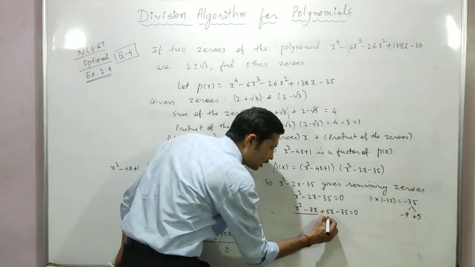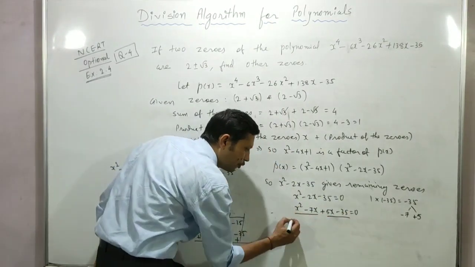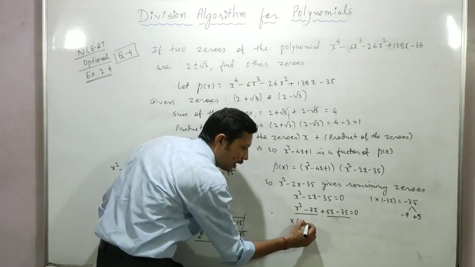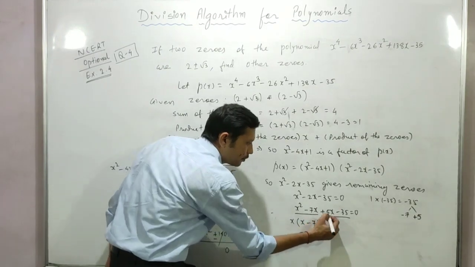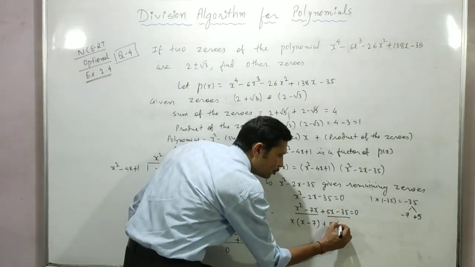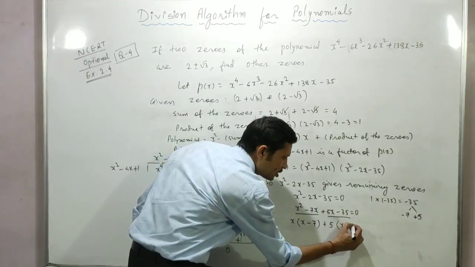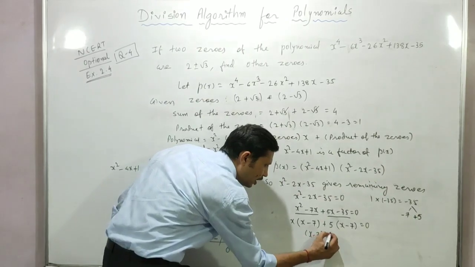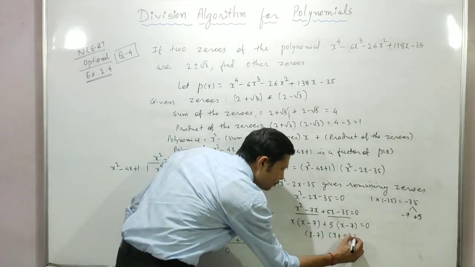Now take these first two terms and these last two terms. From the first two terms, what can we take common? x. So from x square, x is left, and minus 7. From the rest of the two terms, we can take 5 common. So how much is left from the first term? x minus 7. So my one factor is x minus 7 and the other factor is x plus 5,